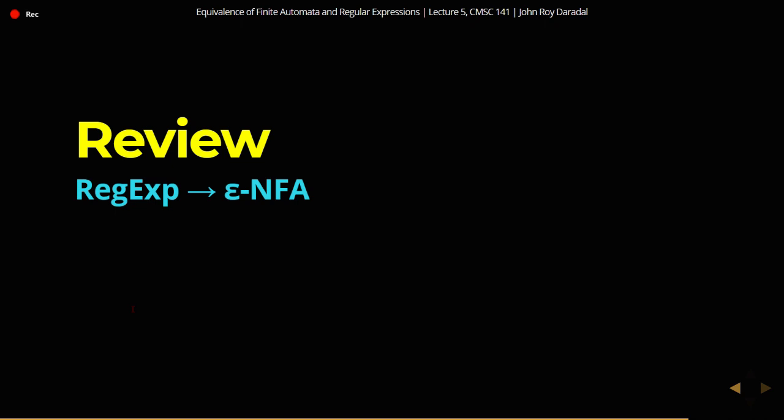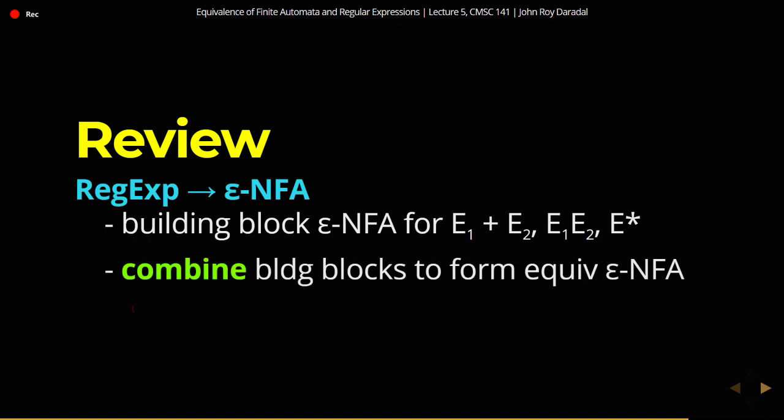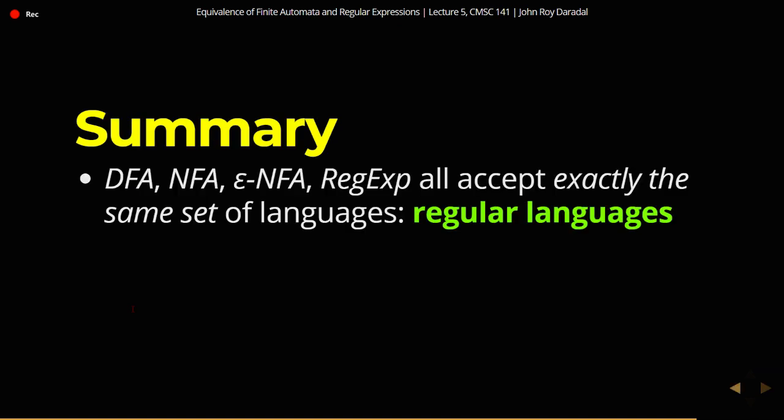And then lastly we discussed regular expression to epsilon NFA. So we used the building blocks for union, concatenation, and closure, and we combined those building blocks to form the equivalent epsilon NFA. Okay, so that's it. So in summary,